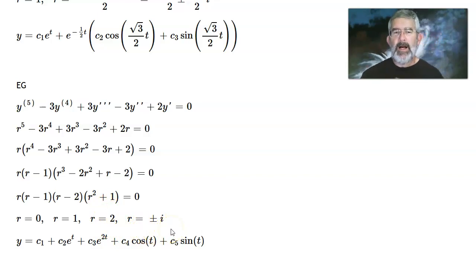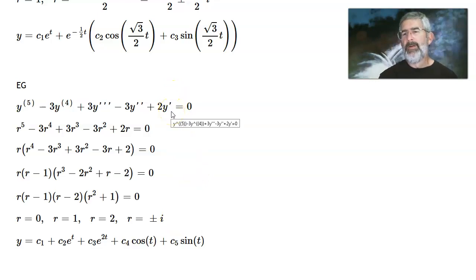Okay. Now, one of the things that I don't think we ever ran into in the second order ones is, we didn't do a problem that didn't have a y in it. We always had y double prime, y prime, and y. We didn't leave the y out. So we haven't seen this happen before, that r equals 0 is one of the roots of this polynomial equation,